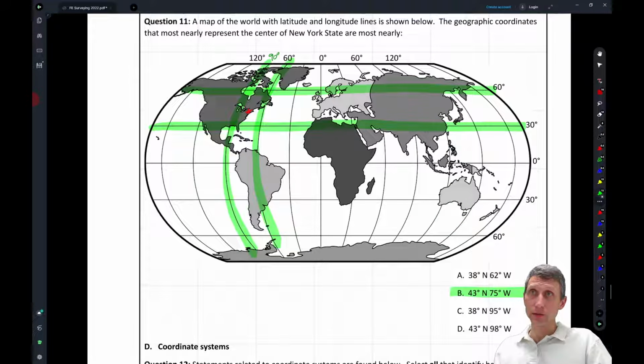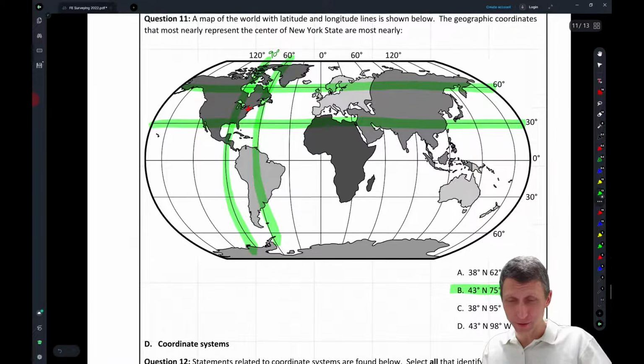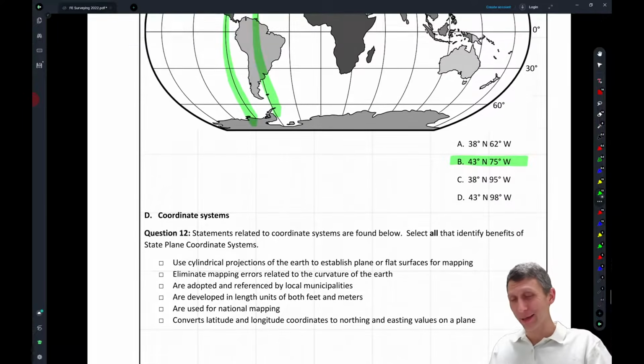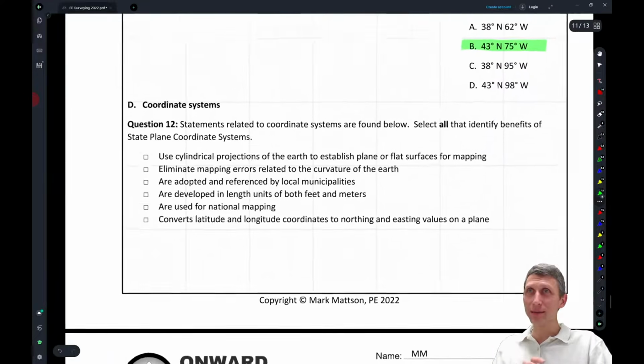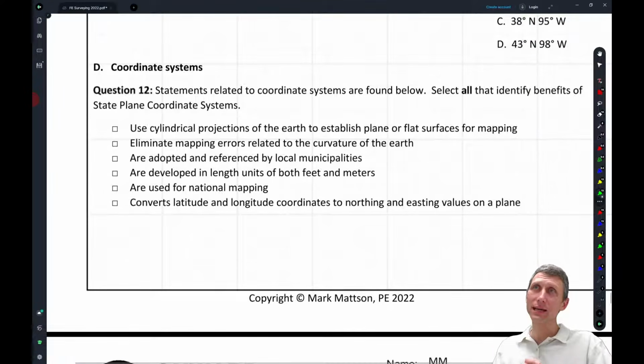So this is your latitude and your longitude, and this is where the other thing that gets screwy sometimes is normally we think of X and Y, but a lot of times in surveying we're northing and easting, or northing and, in this case westing, west of the prime meridian. Okay, so it's kind of a simple idea here, but it translates, and the reason I put that in is because it translates to this idea of coordinate systems